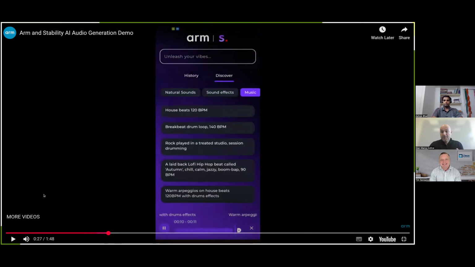And this is super cool because this runs entirely on the ARM CPU locally, and it can run on a wide range of mobile phones out there, not necessarily premium phones, but it can also work on mid-range phones. And this is, in my opinion, probably the most interesting project I have been working on so far, because for the first time we managed to bring on mobile something very, very complicated like audio generation.